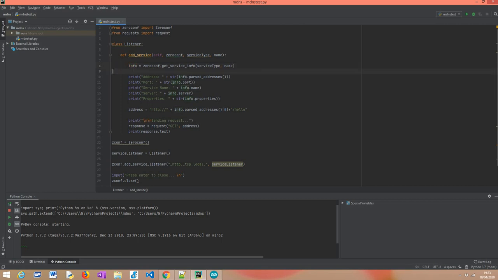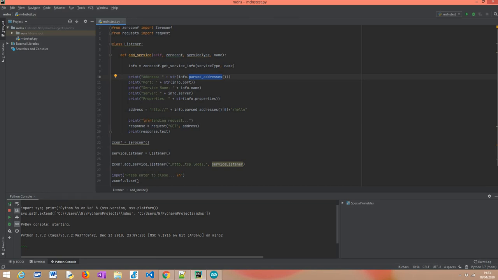So the first thing we are going to access is the actual IP address of the service. This is done with a call to this parsed_addresses method. Note that we can actually access the raw information about the address, but it is not outputted in a very nicely formatted way. Whereas here we are going to receive an array of strings.